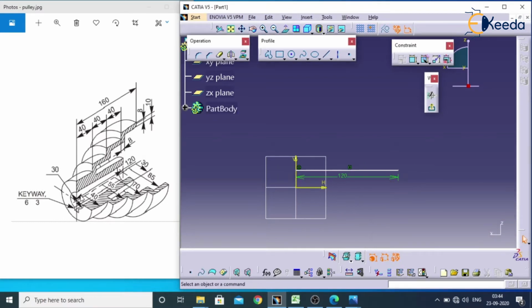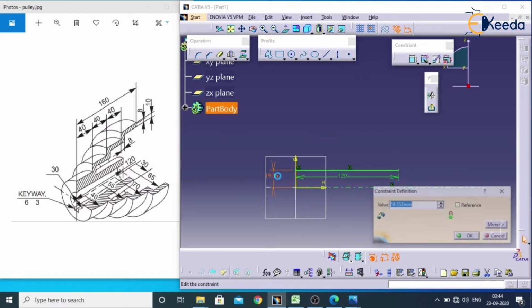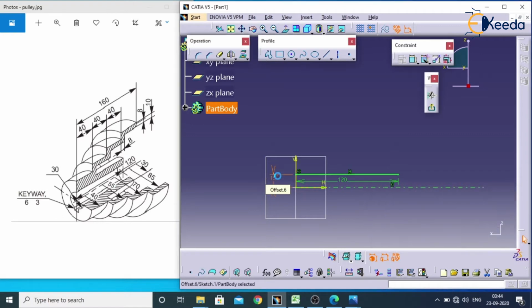and the internal diameter is around 30 mm. From the axis to here we need to give 30, which means half, so we have to give 15. I will take one axis here. I will go for constraints, select this and this, double click on this and enter 15.